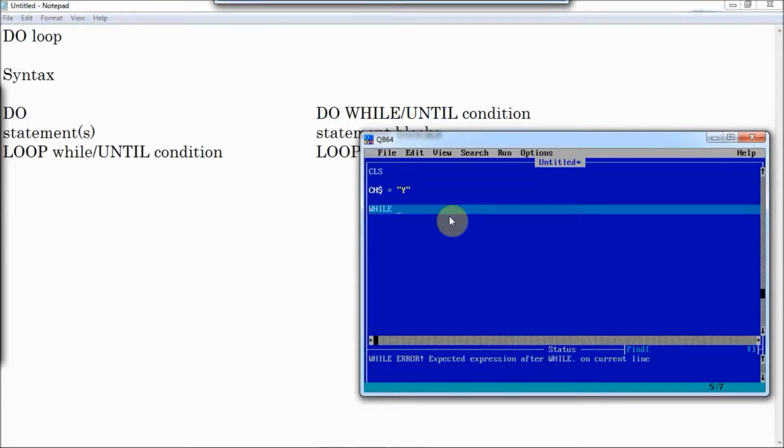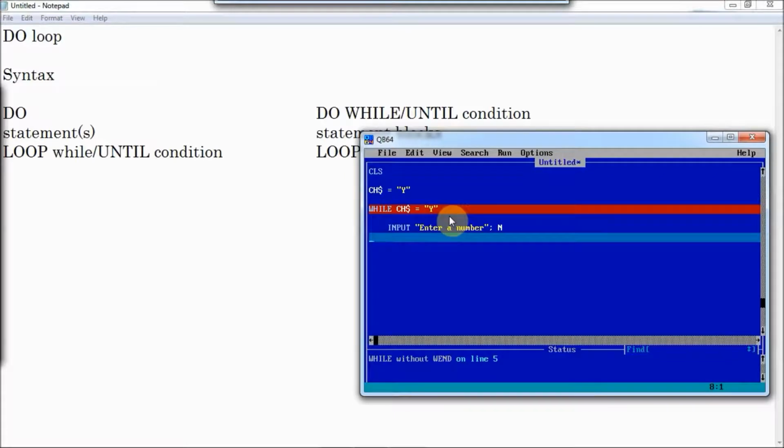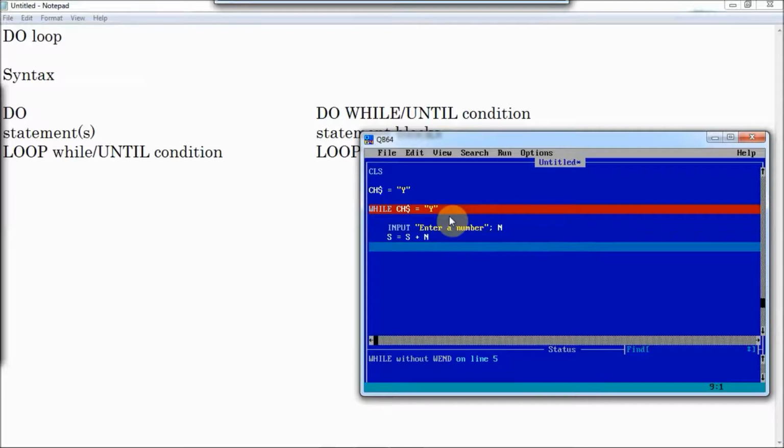while ch$ equals y, input, enter a number n, let us say. s equals s plus n, c equals c plus 1.